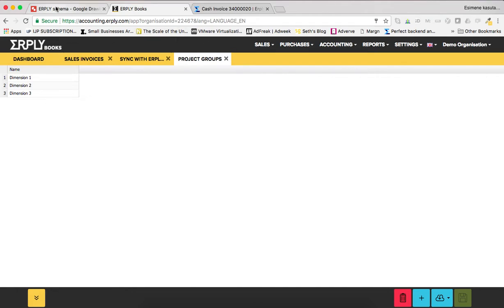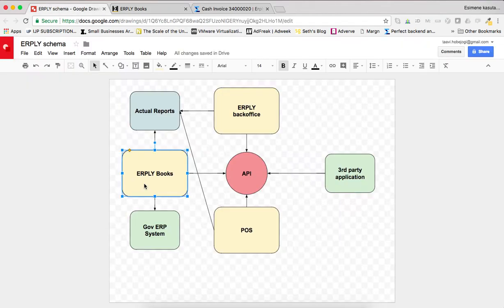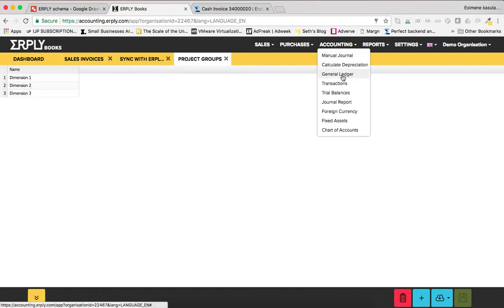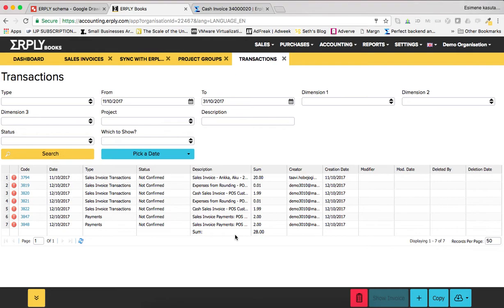And now, as you can see in the schema, ERPLY Books will send it to the government ERP system. Of course, this needs a development. But when the development is done, the system works all the time the same way. When I go to the transactions, then you can see that by default, we set the status of all the